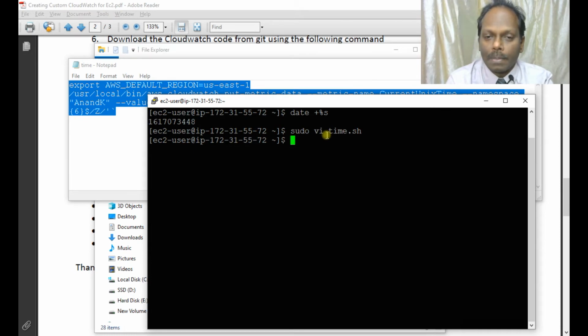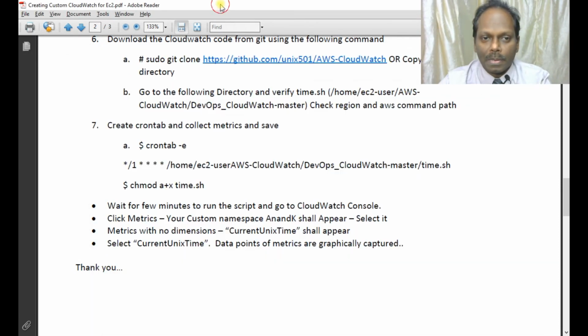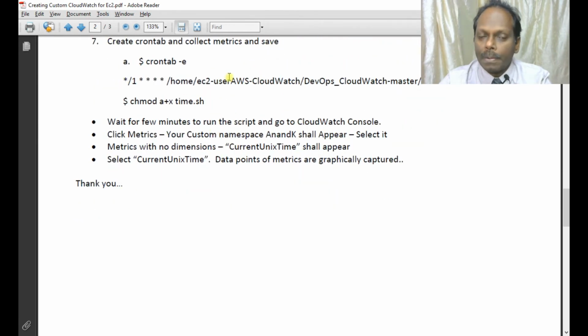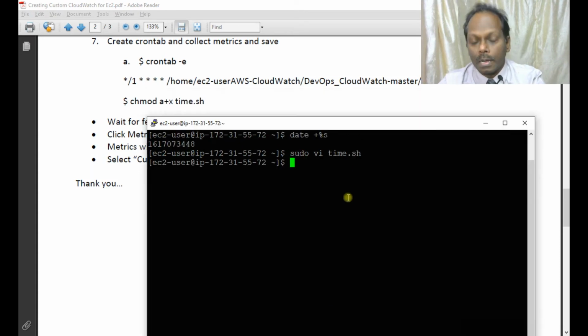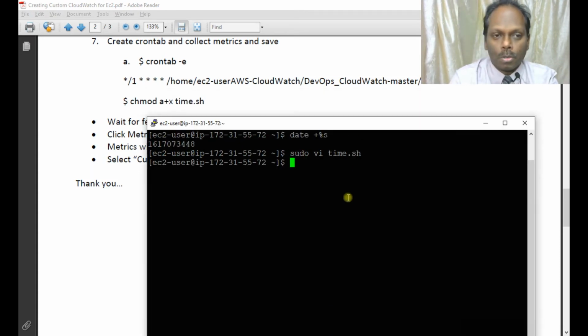What will happen is you can put this script in the crontab. So that is my next step. If you keep it in the crontab, then automatically the metrics will be collected, it runs automatically. So I can say chmod a+x